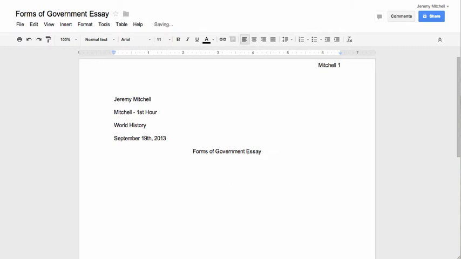So my topic sentence could be like, there are many forms of government in the world today. However, that does not mean they are all created equally. And then I double space to start my new sentence, right? And what you're going to do is you're going to continue to write your 5-paragraph essay. First paragraph is your introduction. You're going to introduce the topic, and then for your last sentence is when you would type your thesis statement,